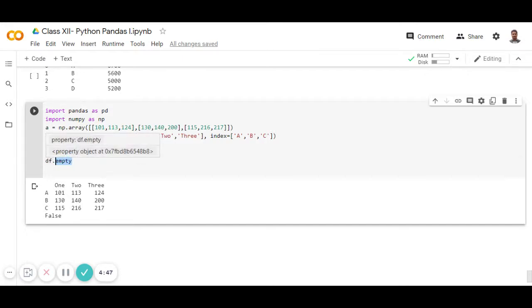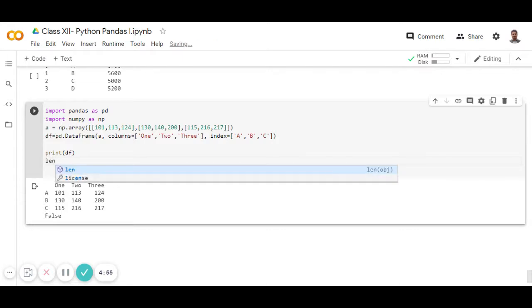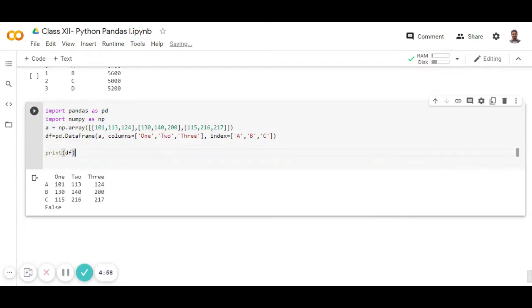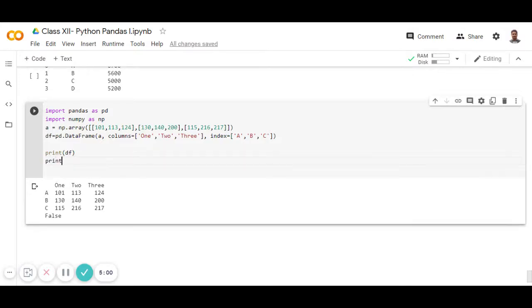If you want to find the data frame length, you can use print len of df. It will show the length of the data frame. You can see here the length is 3.